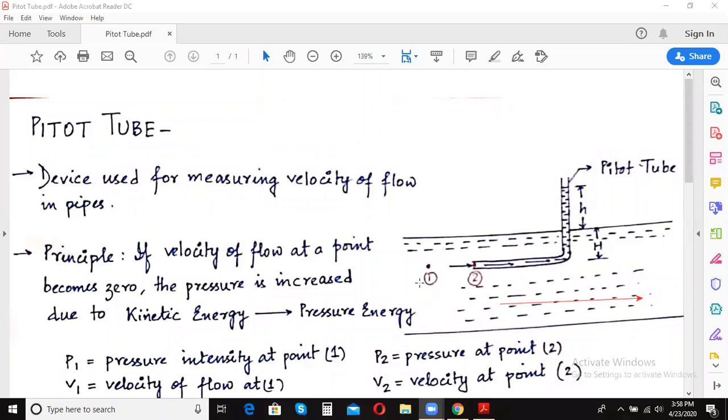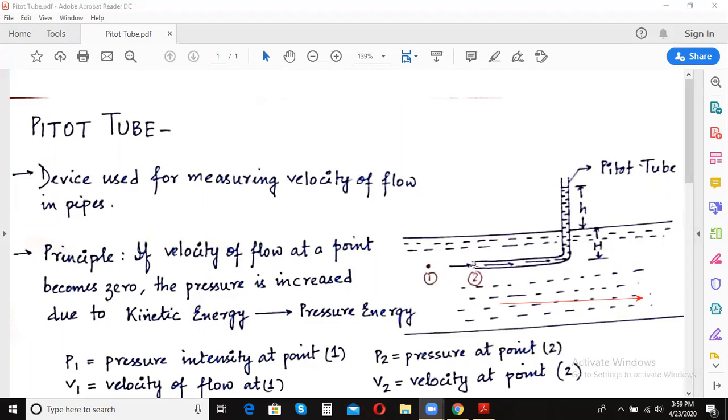Now the fluid, which was flowing through this pipe without any obstruction or hindrance, suddenly encounters this tube. And what happens? Due to the presence of this tube, the kinetic energy of the motion suddenly gets converted. Basically, the motion of the flow ceases, it stops, and because of this an enormous amount of pressure energy is created.